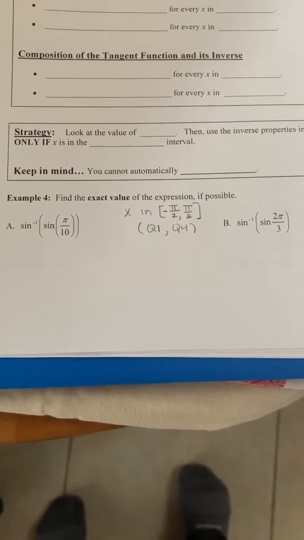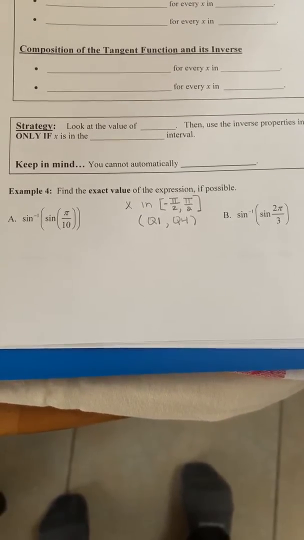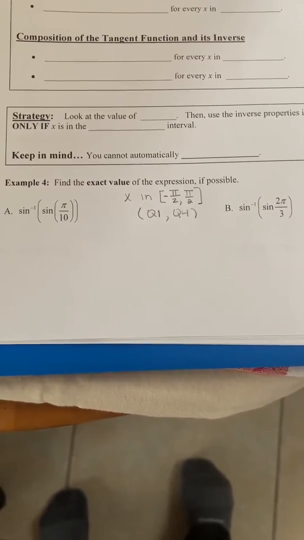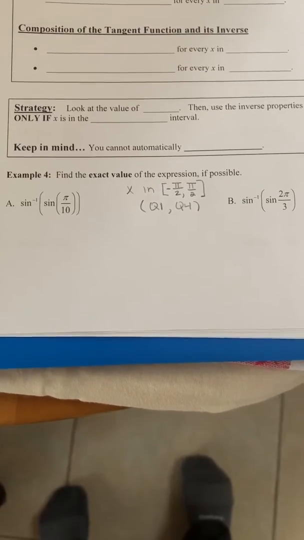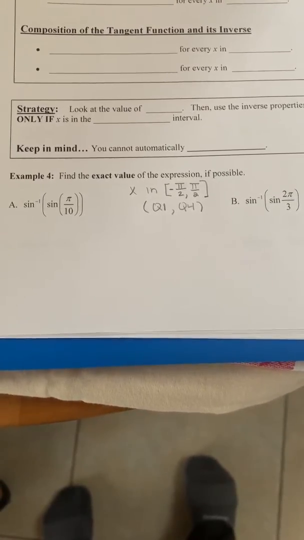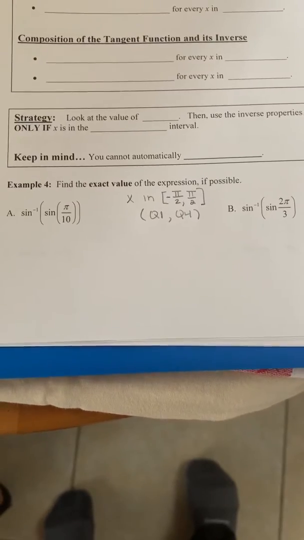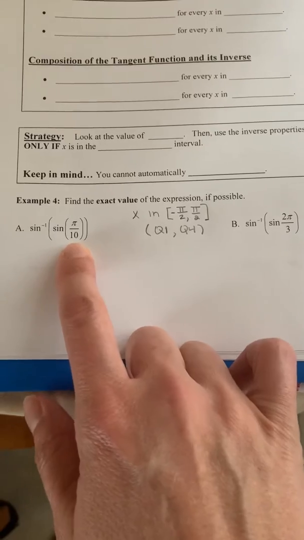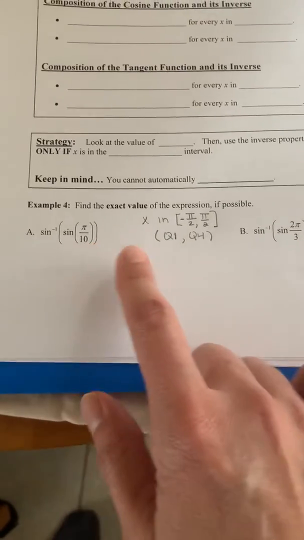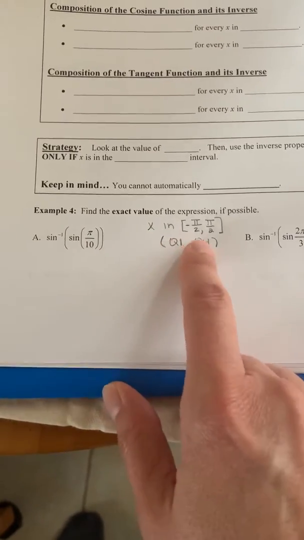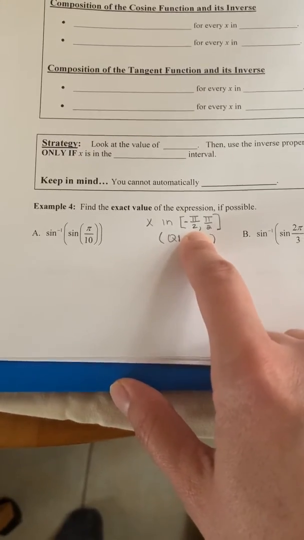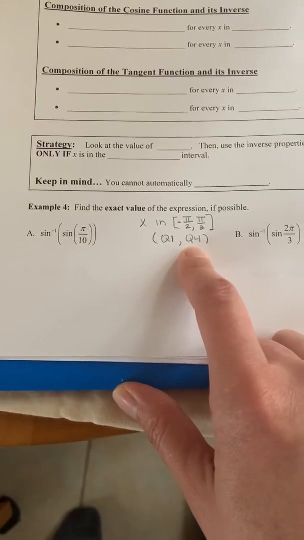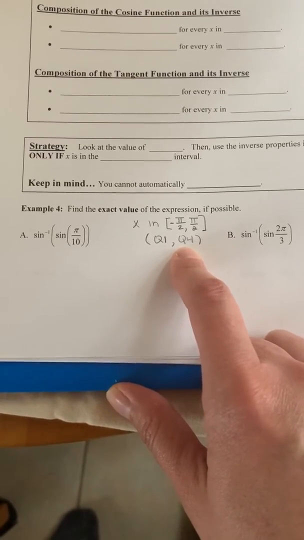We're going to look at example 4A and B in our section 2.3 notes. The bottom line with this problem is that we want to be able to cancel the sine inverse and the sine, but we have a restriction on the value of x. So x in this case is going to be the angle, and to be able to cancel, all we have to make sure is that the x is between negative pi over 2 and pi over 2, or if you think about it in terms of quadrant 1 and 4,